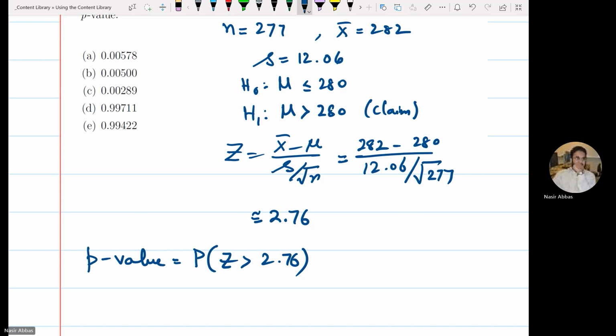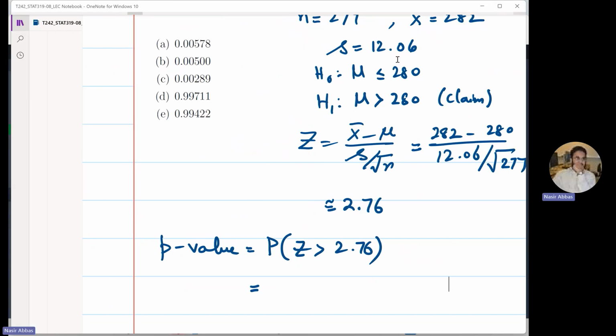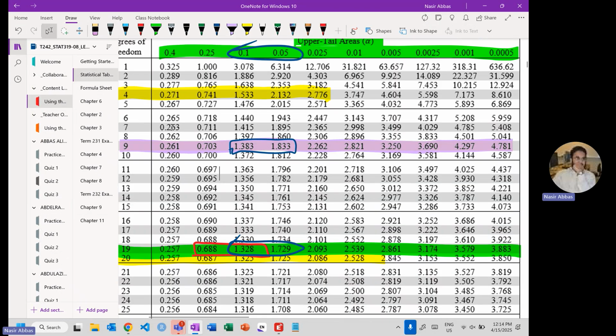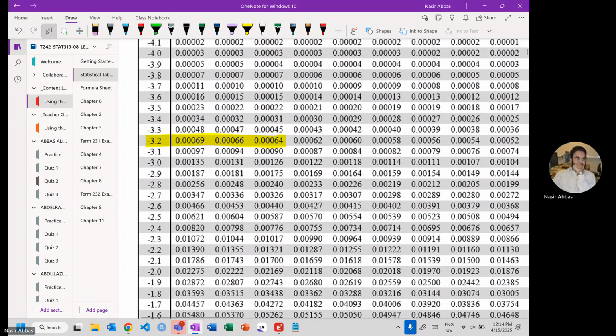Okay. So what is the probability of Z more than 2.76? Go to the Z table. You can do 1 minus, or you can use the symmetry of the distribution. It will be the same as less than minus 2.76. 0, 1, 2, 3, 4, 5, 6. It will be 0.00289. Or you can take the value from the positive side and 1 minus. It will give you the same thing,